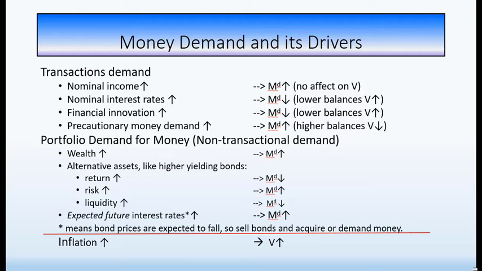Now let's move on to precautionary money demand. When that goes up, money demand goes up, and the higher balances cause velocity to drop. So what is precautionary money demand? Well, it's money you hold in your pocket because you can't forecast what's going to happen and things are uncertain. So you tend to hold a fair amount of money in your pocket because of that. And so you hold that higher money balance, and your velocity of money is likely to be lower, all else being equal, less transactional demand from that. And so I have it here, the precautionary money demand goes up, and we see the relationships.